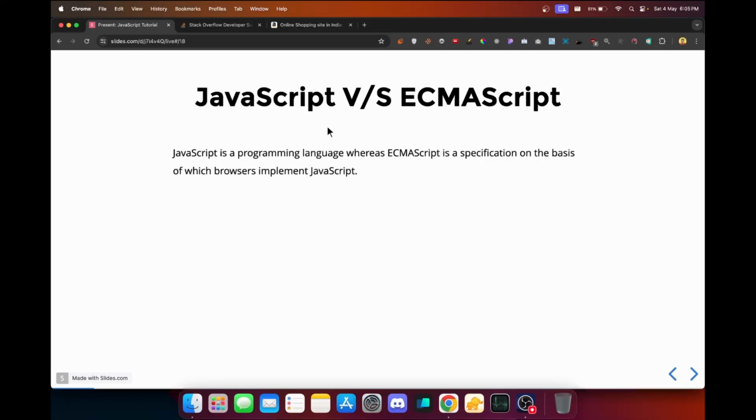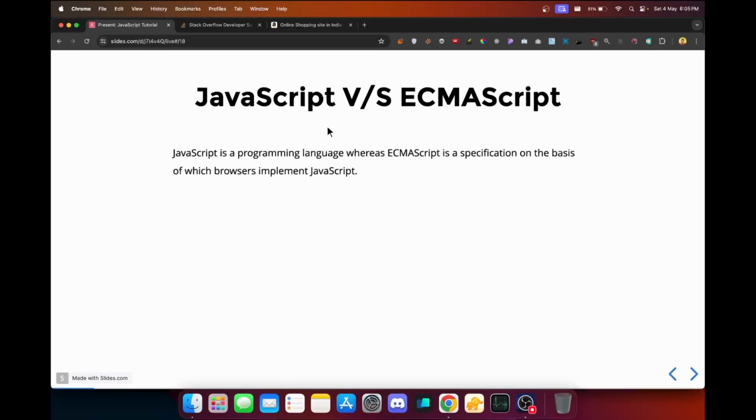Because each JavaScript engine vendor is implementing JavaScript in their own way, so they can also adjust the syntax according to their own will. And that is where the problem arises. Your code might become incompatible with other browsers, and you would have to maintain multiple code for different browsers. You would have to write different code for one browser and different code for some other browser. That is where the problem would start occurring. And that's where